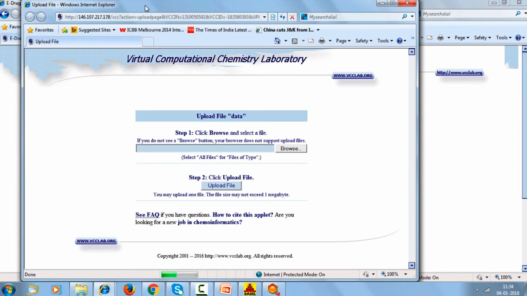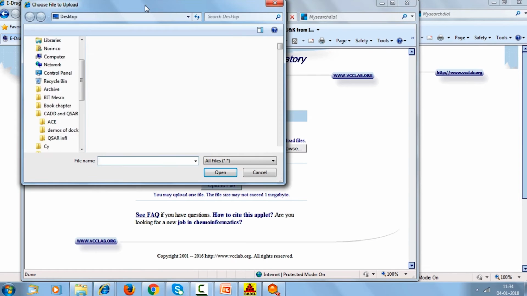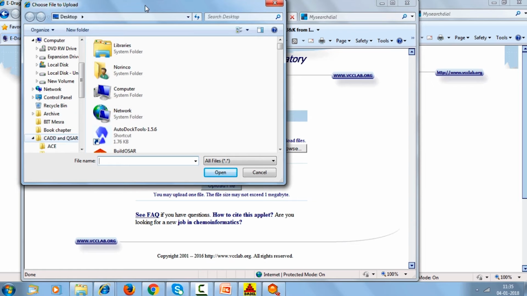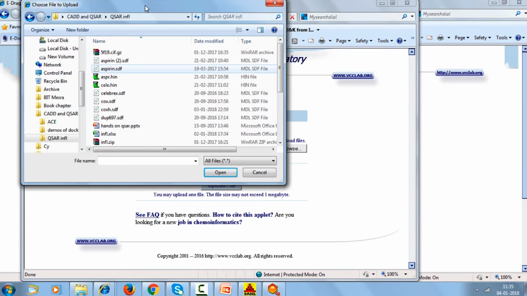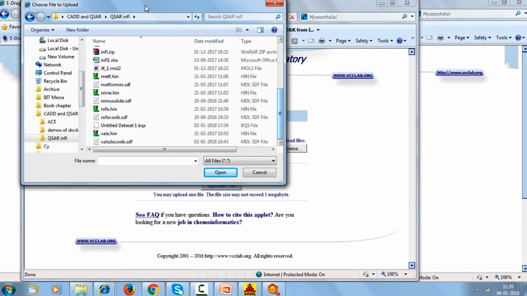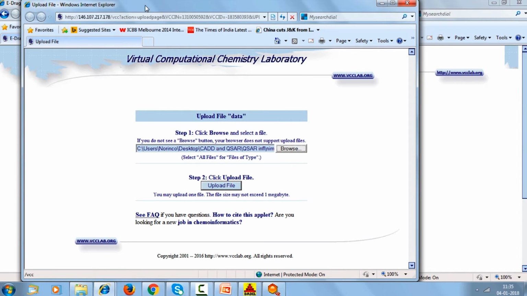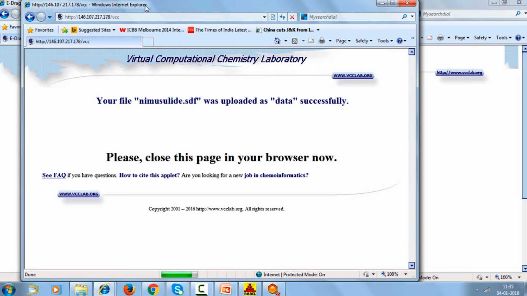Nimesulide gets uploaded, and then we run eDragon and get all the results, like I showed you in the previous class. Okay, successfully loaded. Now I say submit your task here, and then you get all the results. A lot of descriptors, and you can do the same thing for DuP-697, valdecoxib, rofecoxib, cimicoxib, okay,